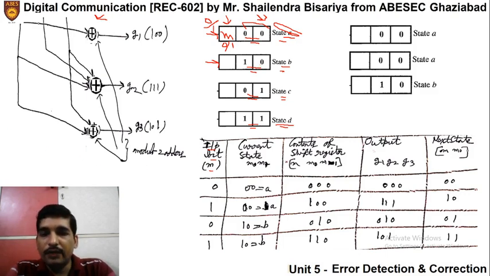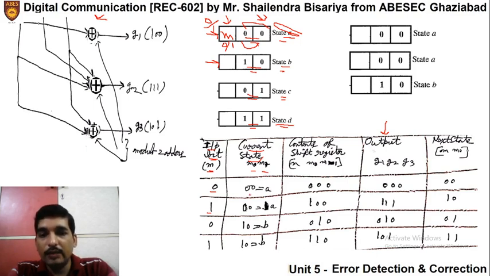So for that we will write a complete table as written here for all the cases. How will we write that? We will write the following points: the input bit M position, whether it is 0 or 1. Then we write the current state. Current state depends upon these two, that means M0 and M1, right? The previous two elements.